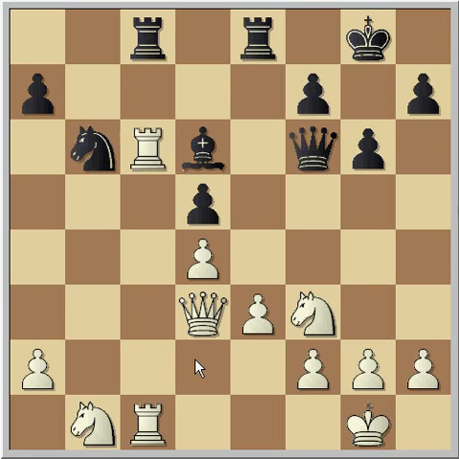So this is a little blunder. If white plays this, this is not the correct move. So if white decides to play rook takes c6, this is a really bad move because, let's see here, since this queen here moved to f6,